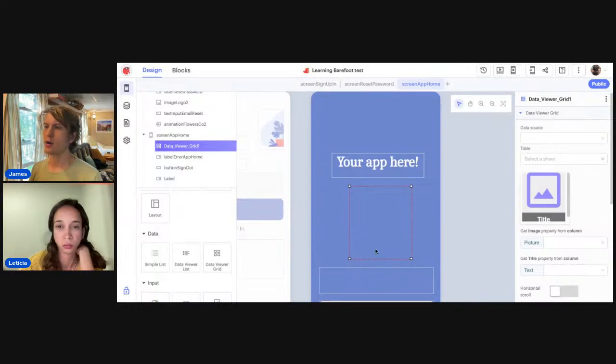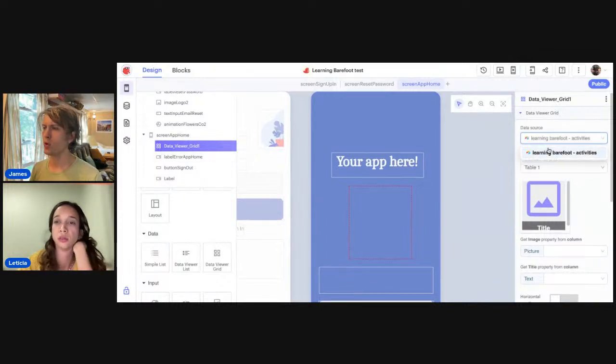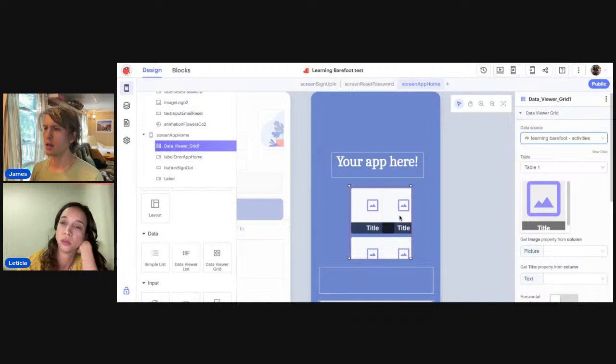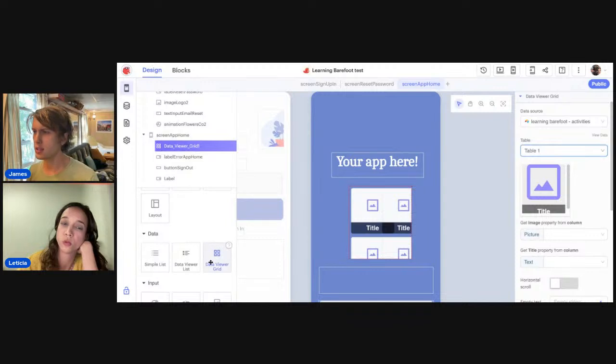Now it's just red, but you see on the right side where it says data source. Now we can connect that, and let's just try and test it now.